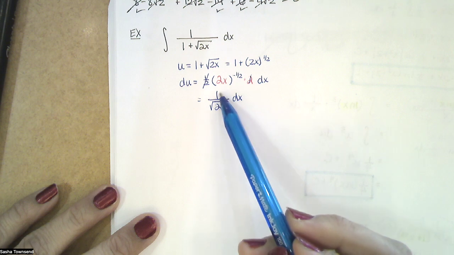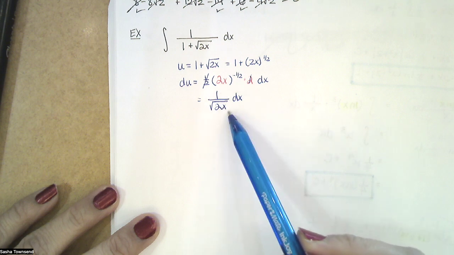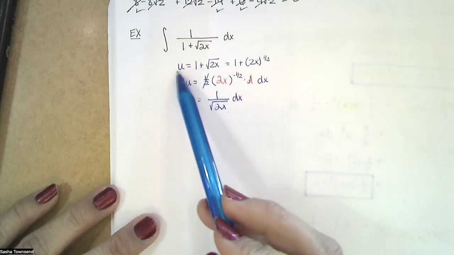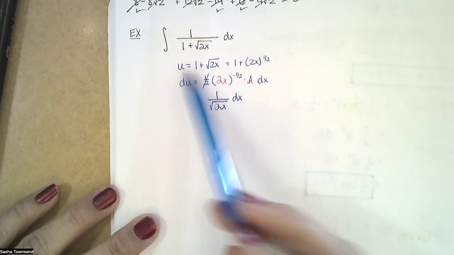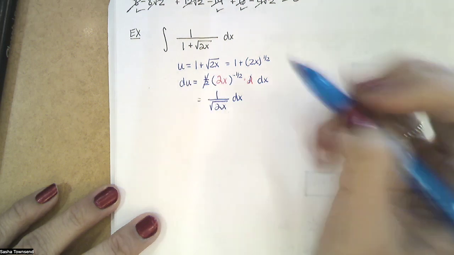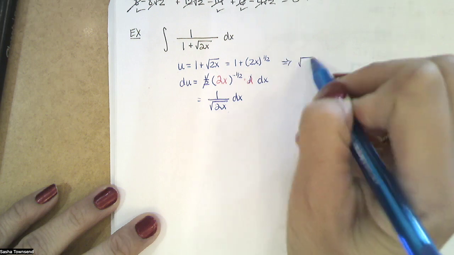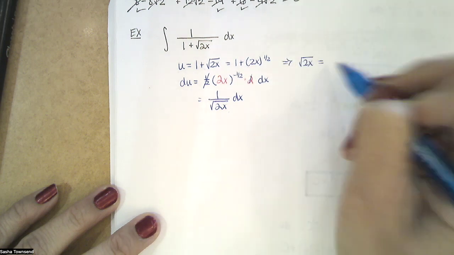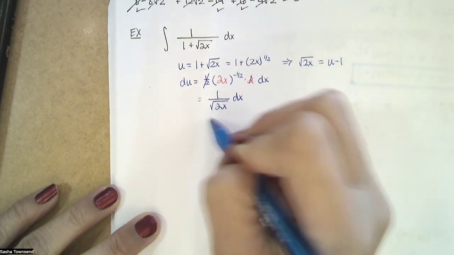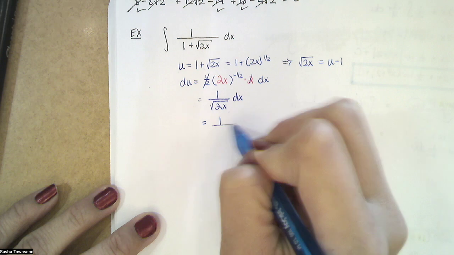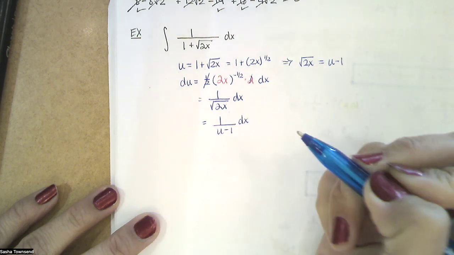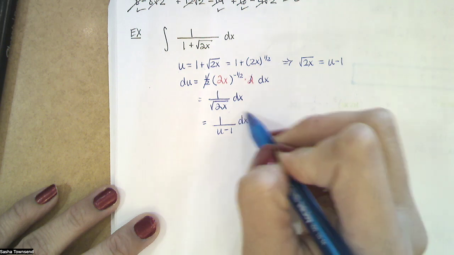So you say, okay, that's a little bit frustrating because I've got du in terms of x, but I don't have a factor of 1 over the square root of 2x. But I can get the square root of 2x in terms of u because I have this equation. I know that the square root of 2x plus 1 is equal to u. So I could solve for the square root of 2x by subtracting 1 from both sides. The square root of 2x is actually u minus 1. So this can be written as 1 divided by u minus 1 times dx. And you might say, well, that still doesn't help me. Well, if I solve for dx,